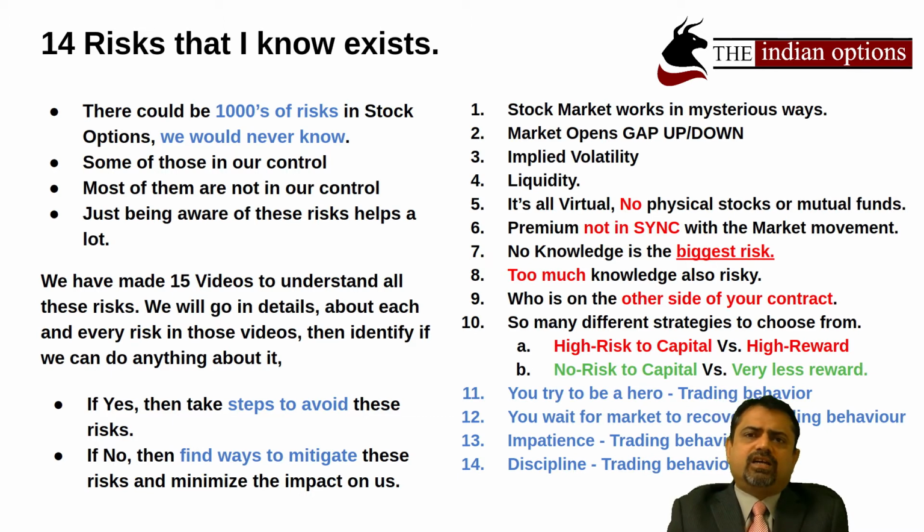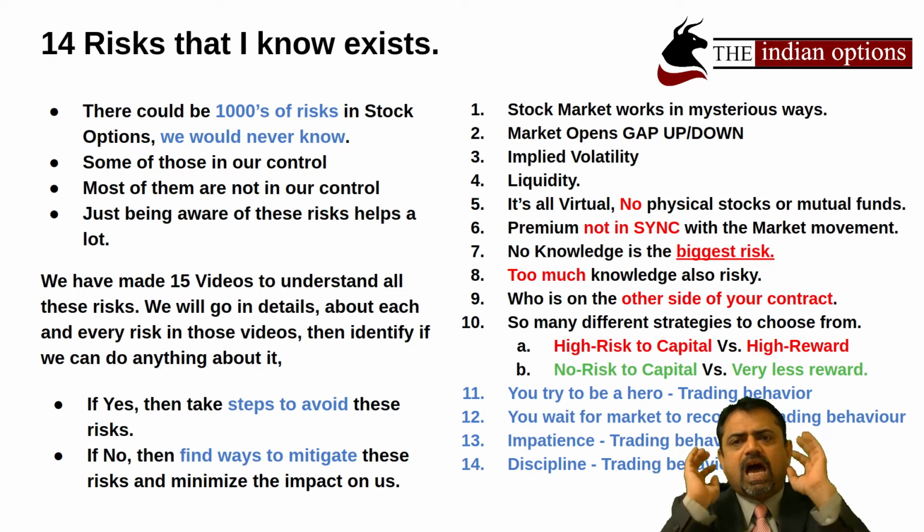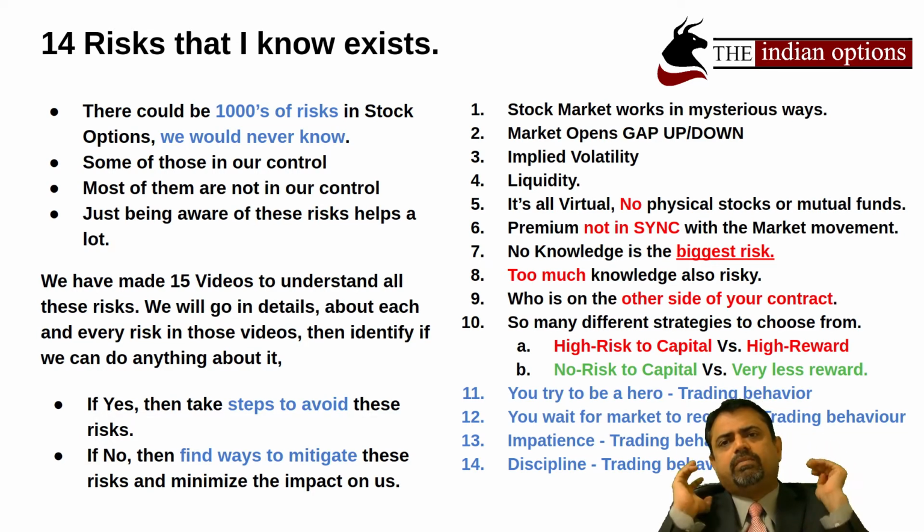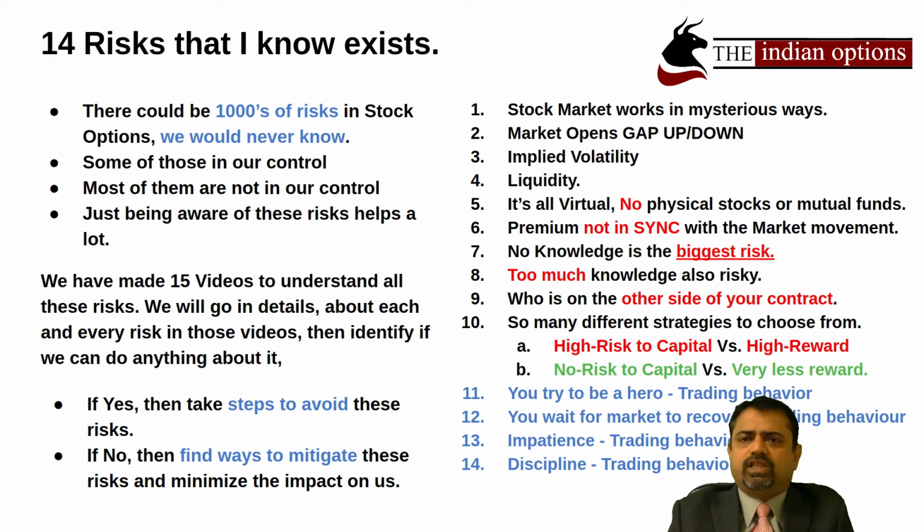If we choose a very remote stock, like an XYZ small company option, and there are only 25 contracts open, which means only 25 people are going to trade with you, the chances of you trying to sell something while those 25 people are trying to buy something is a very rare situation. So you might have to wait for an hour, or maybe half a day. Once you have put an order, it might take half a day to get executed. But not with Nifty. It takes a few seconds at the most, because there are so many participants.